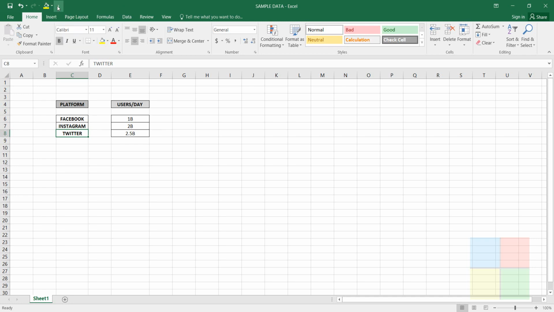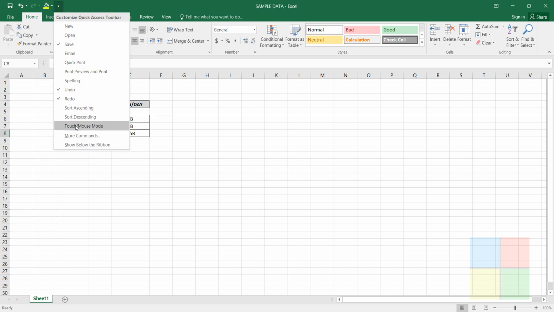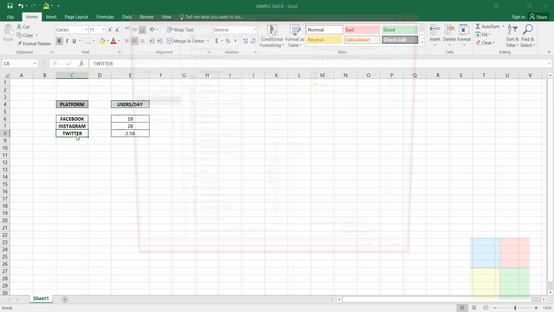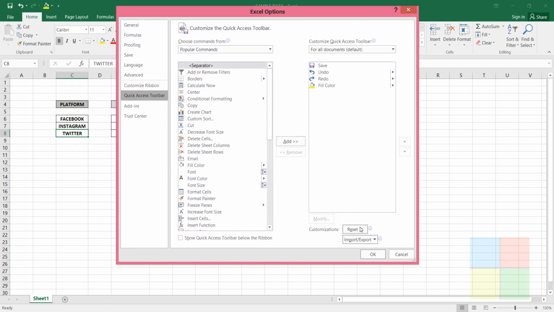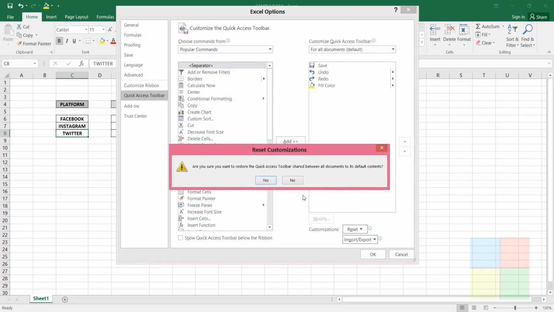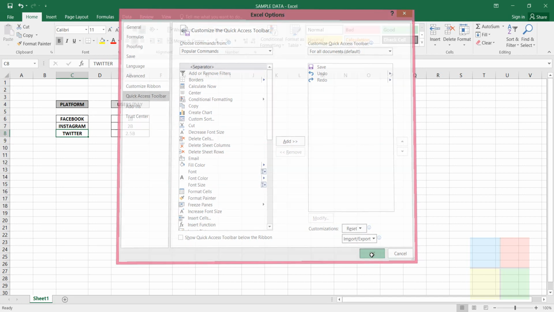In the same way, if you want to reset the commands to the default style, you can go to more commands, then just click on reset here. The first option, reset only QAT. Click on yes, click on OK.